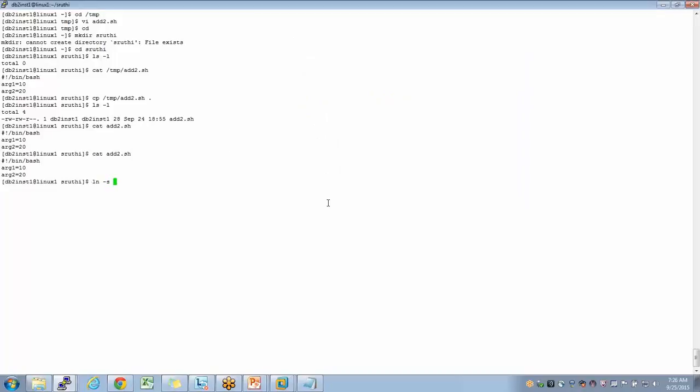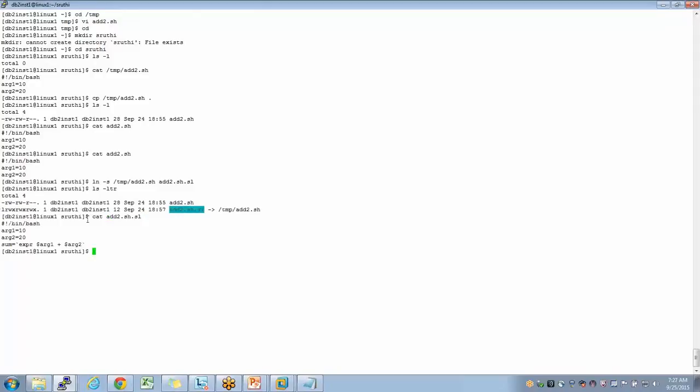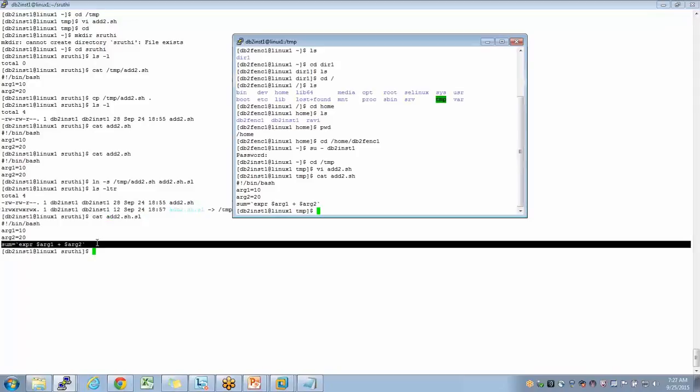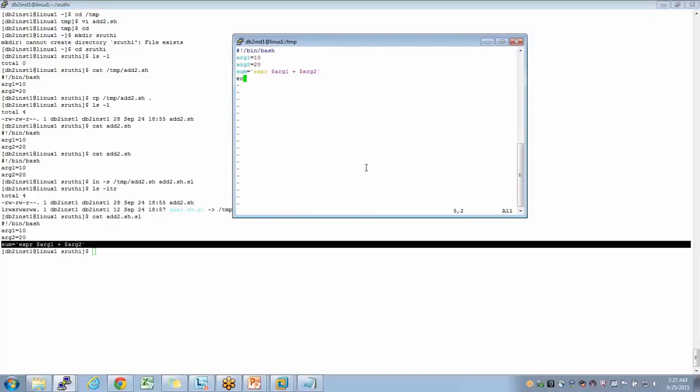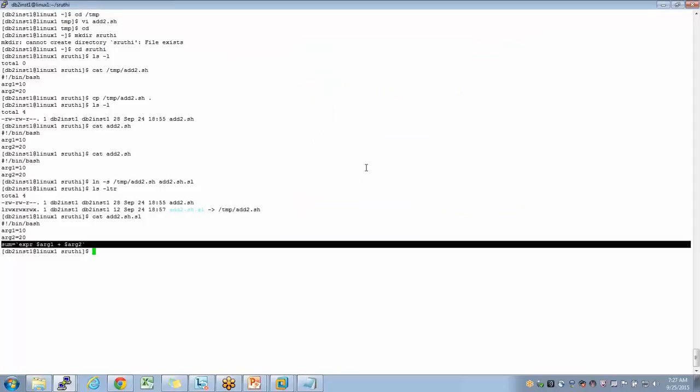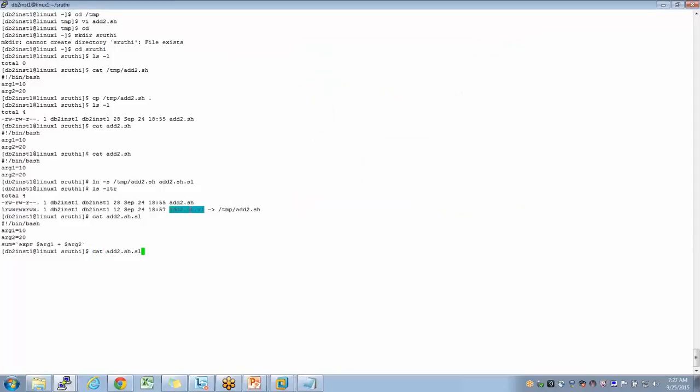Whereas when I maintain the symbolic link, SL, and say cat of the symbolic link here, I can see the sum as well. And if I go ahead and modify the 4th line, when I say cat of the same name, I'll see this modified line as well.